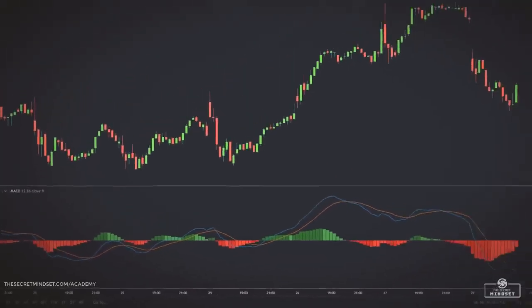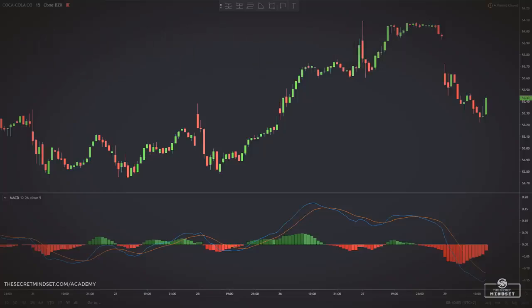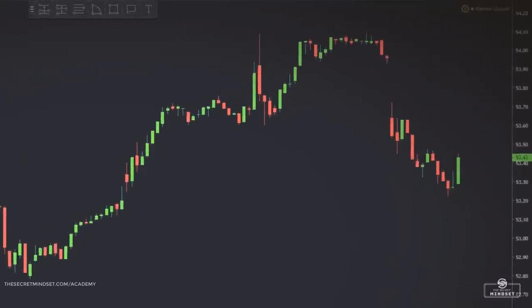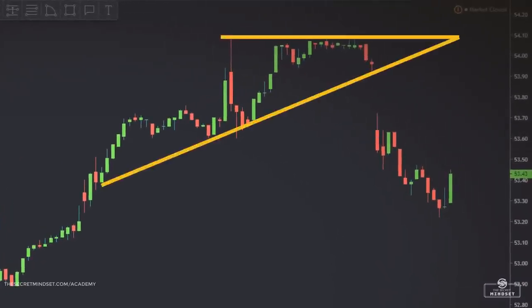But what if your chosen indicator is fundamentally flawed? What if conditions in the market change so that your single screen can no longer account for all the eventual outcomes operating outside of its measurement? The point is, because the market is very complex, even the most advanced indicators can't work all the time and